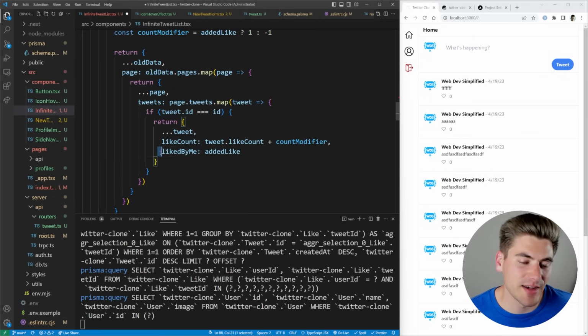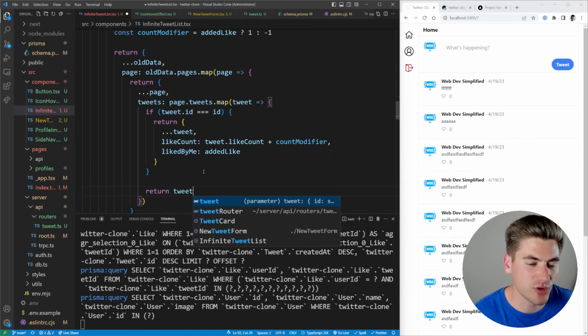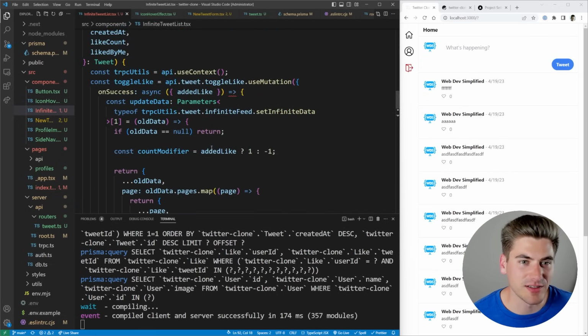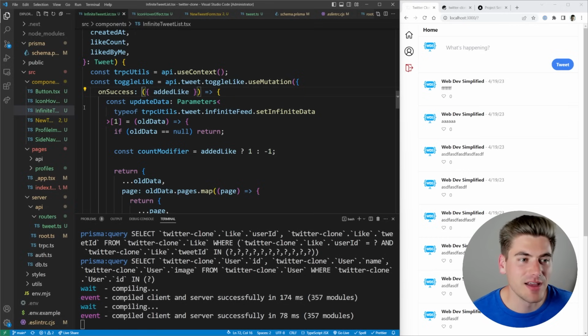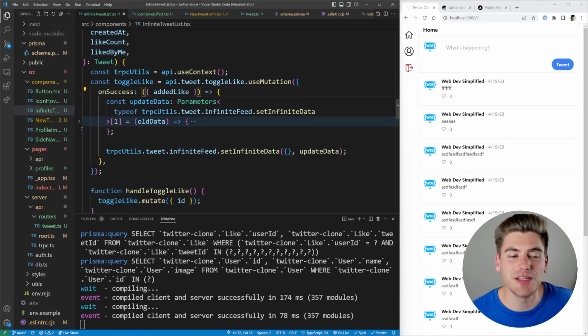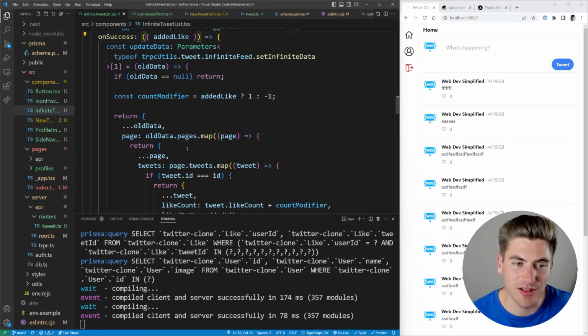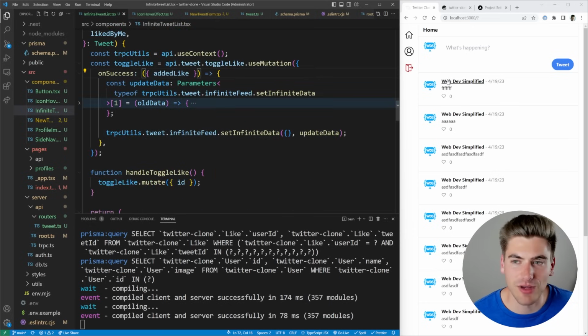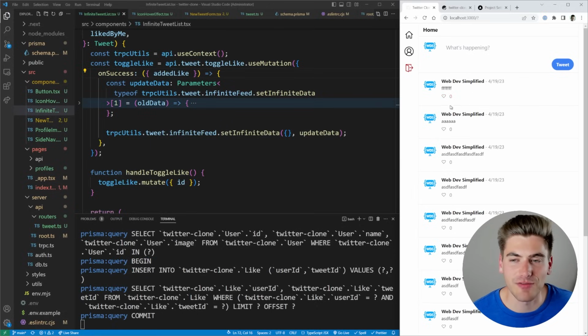So if I added a like, now change this to true, otherwise change it to false. Otherwise, don't change my tweet, return it exactly as it is. So now with all of that done, this is some fairly complicated code, but really all it's doing is saying: update the data where the exact tweet that I clicked on is, and make sure I update it to whatever the new data is for that tweet. So now if I click here, you notice it doesn't have to refresh my data, but